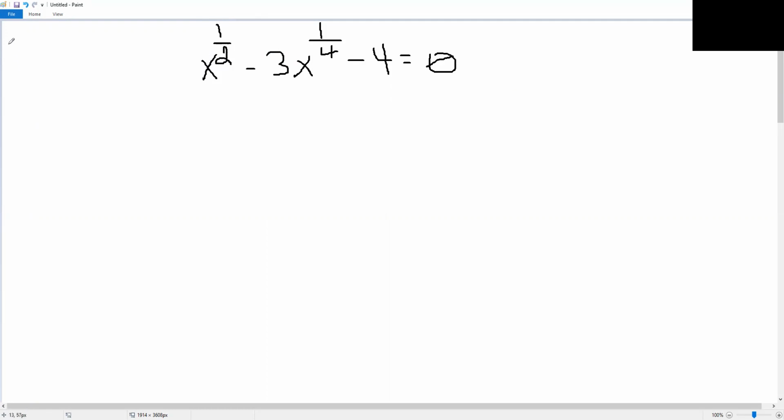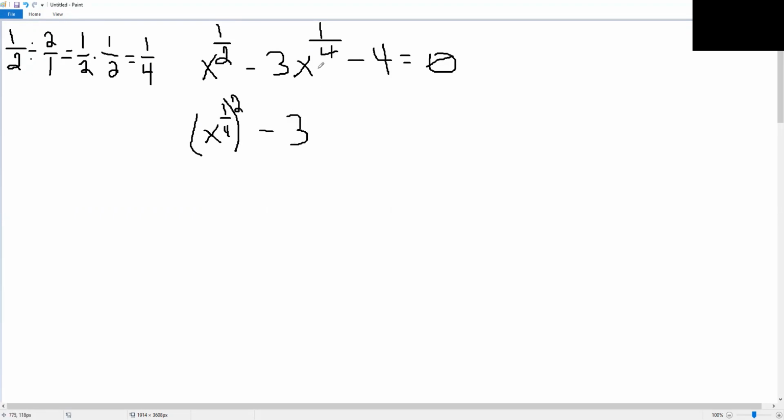So the easiest thing to do here is, if you want this one to be squared, let's do it on this side. So we can say 1/2 divided by 2, because we want it to be squared. We can say equal to 1/2 times 1/2 equals 1/4. So we have our number. We could put x to the 1/4 squared here. So let's just do that. x to the 1/4 squared